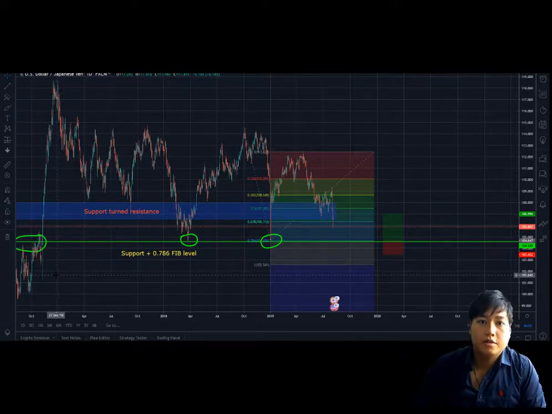Hi there guys, it's Brian here, and today I've got 3 trades set up for you guys that I'm going to be running through: USD JPY, and then Apple, and lastly